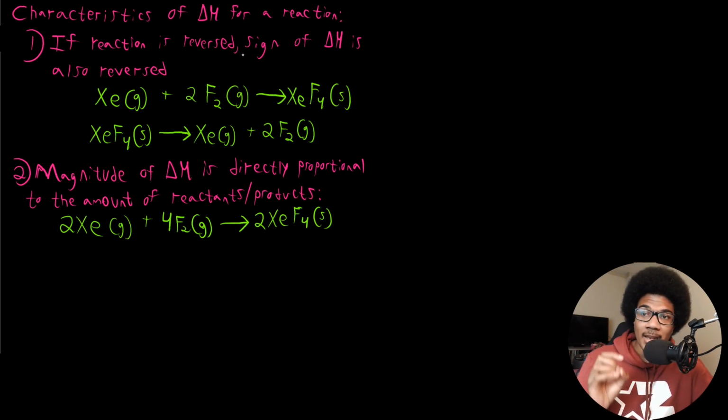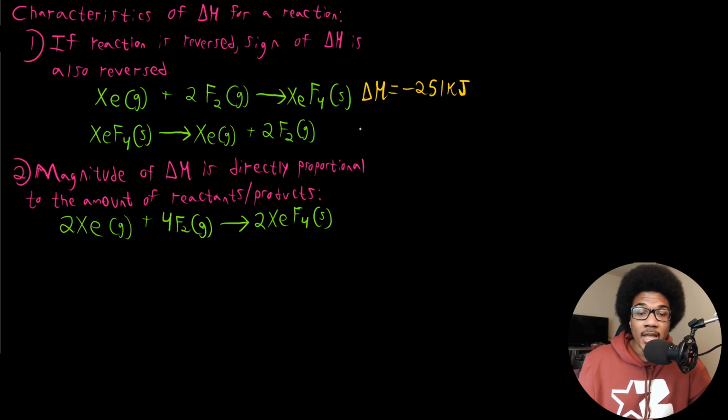The first is that if we reverse the reaction, we also must reverse the sign of delta H. For this example, I'm using the reaction of xenon gas with fluorine in order to produce xenon tetrafluoride as a solid. This reaction has an enthalpy change of negative 251 kilojoules. So let's imagine that we consider the opposite process. Instead of forming xenon tetrafluoride, we're going to look at the decomposition of xenon tetrafluoride into xenon gas